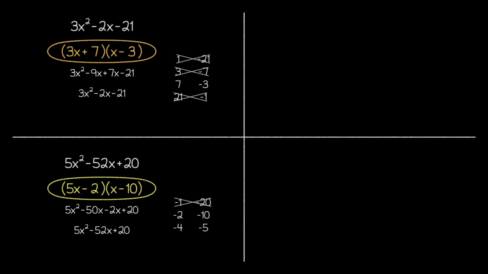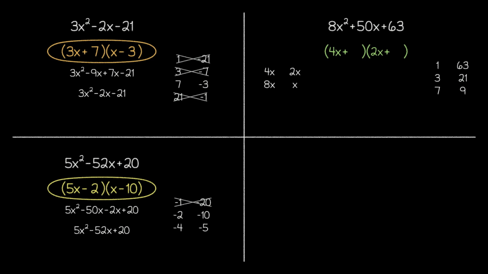Now, up to this point in this section, we've looked at quadratics where the leading coefficient is prime. However, we can get yet another layer of complexity if our leading coefficient can be factored in multiple ways. For example, there are two ways that we could achieve this 8x squared. That could be the result of 8x times x, but it could also be the result of 4x times 2x. We'll pick one to start with, but then we need to jot down our options for how to achieve the constant term of our desired result.